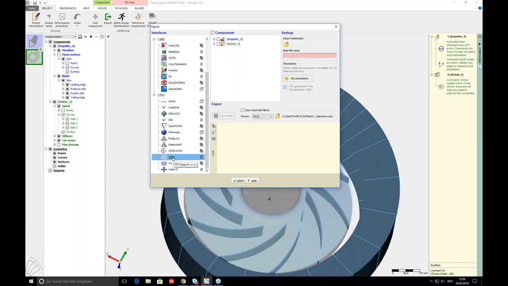It's called the TCFD interface. There are some things I have to do before I go into that interface, and one is given to me here. It tells me that I need a gap between the volute and the